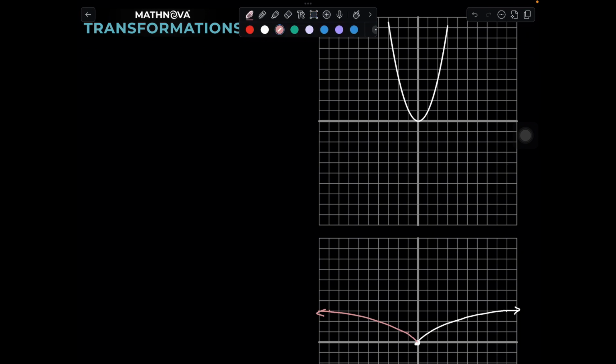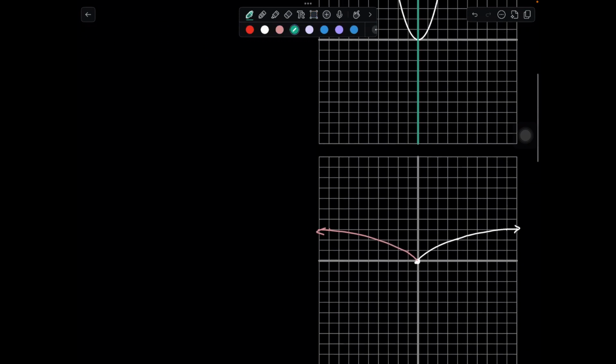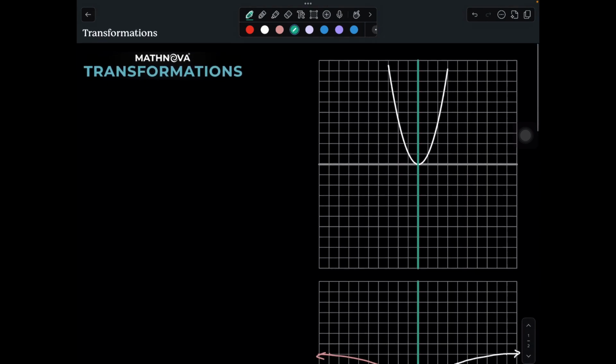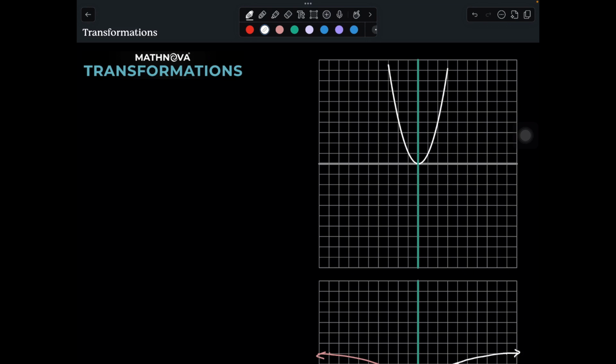And finally, I'll show you how to reflect across the y-axis here. So reflecting it across the y-axis makes it a mirror image across this vertical line. Now, if we try and apply this to our parabola here, and we try to reflect it across that line, I hope you see that it's symmetrical. So flipping it won't even do anything. I'll still show you how to apply it to this and show you why it doesn't do anything as well. So what you do is, you replace all x values with